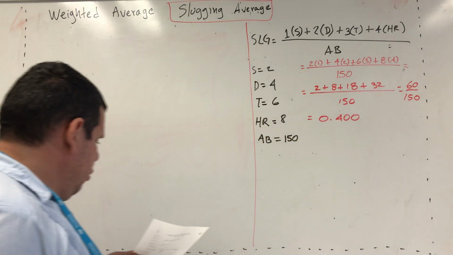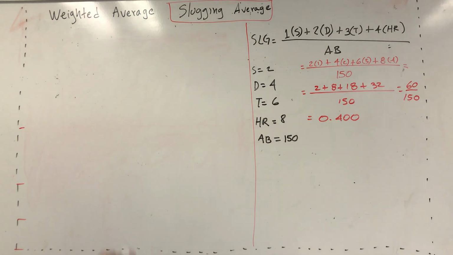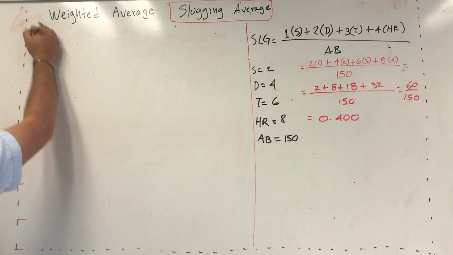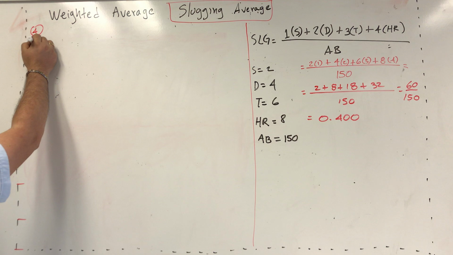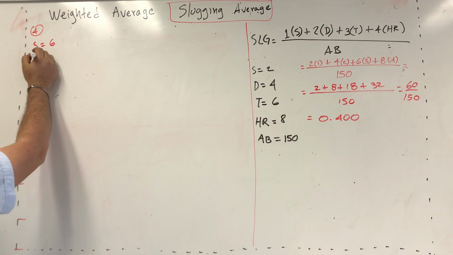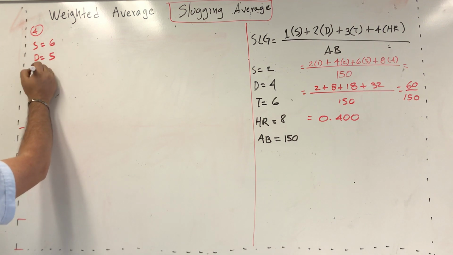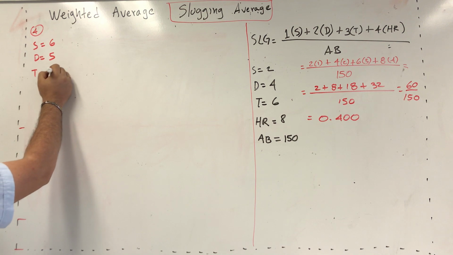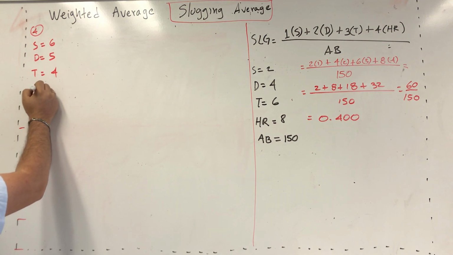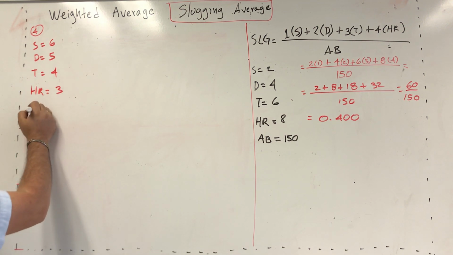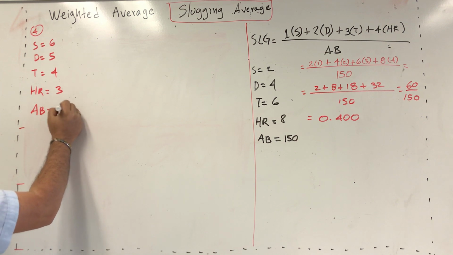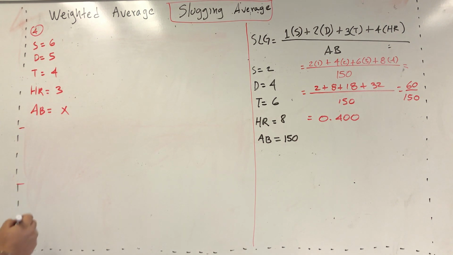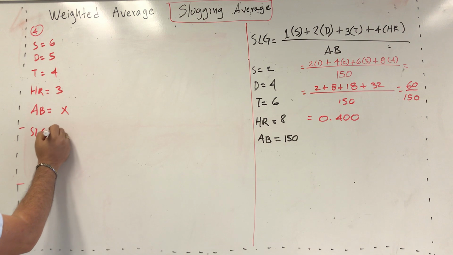So please look for this statistic. This is the 4th problem, and the statistics are singles 6, doubles 5, triples 4, home runs 3, at bat X, we don't know. The slugging average is